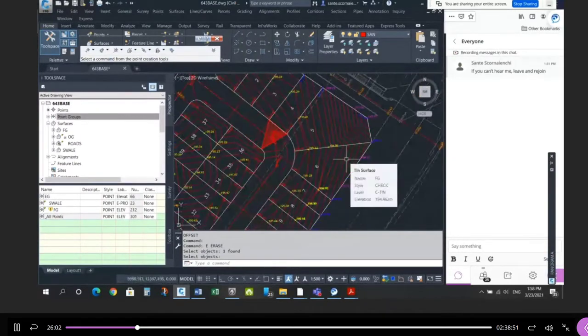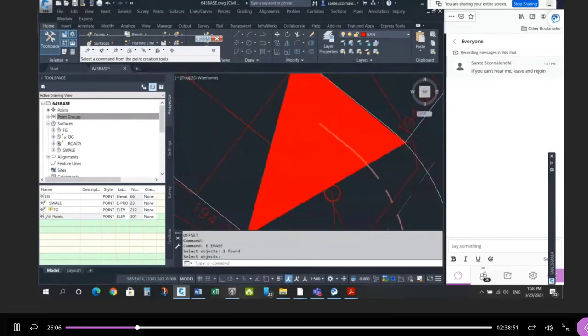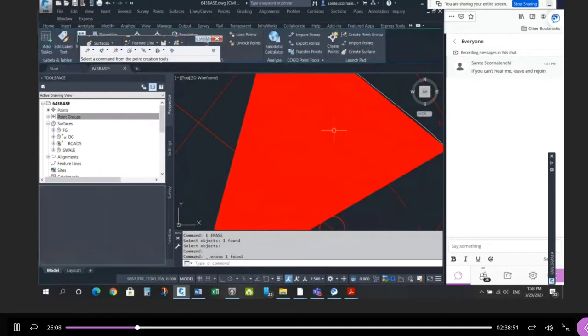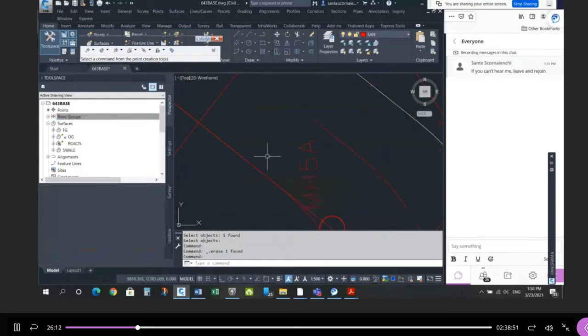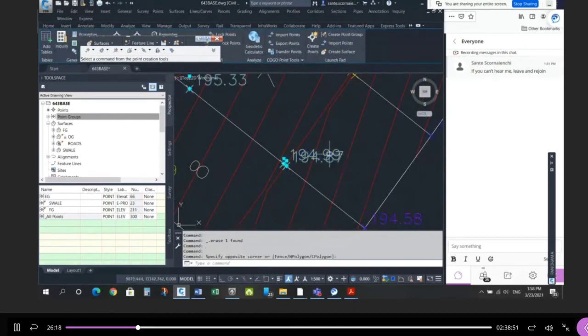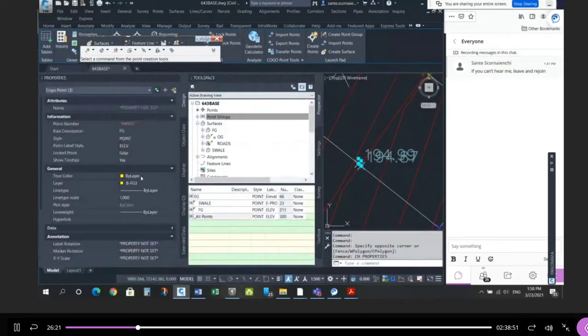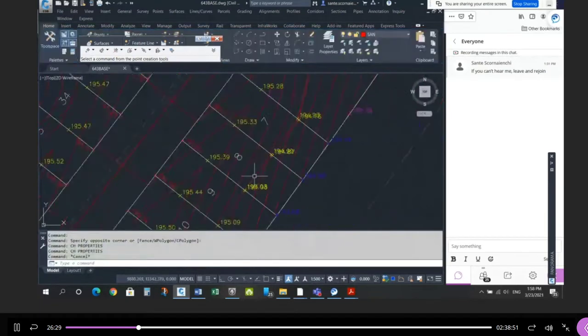Another thing that happens, and again, the surface is important, but really the data that creates the surface is important. So one of the things that could happen, let me just update this, is you might have created these points, but let's say the description is wrong. And this is why I checked the point group in the description. Suppose the description, instead of being FG, is EG, then they're not on the surface. So here's another common mistake, right? If I update